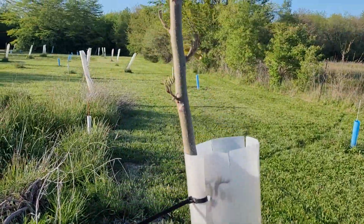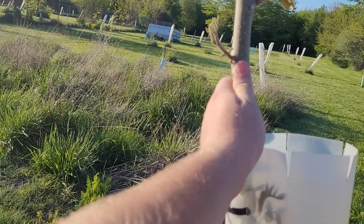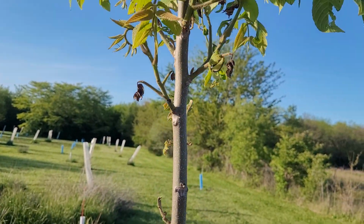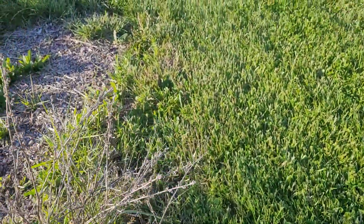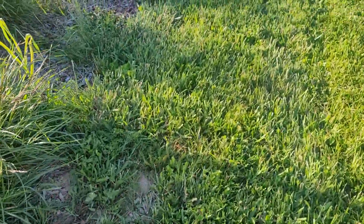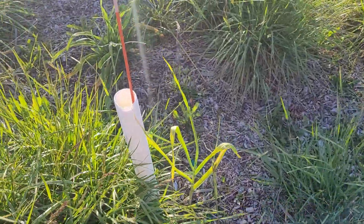Here we have one of those Japanese plums. They're growing very well, very fast, very strong. I'm quite a big fan of how nice they look. If they just keep growing well and keep surviving, I'm very excited to have them. Some people say they taste like a cross between a walnut and a pecan. Right over here we have